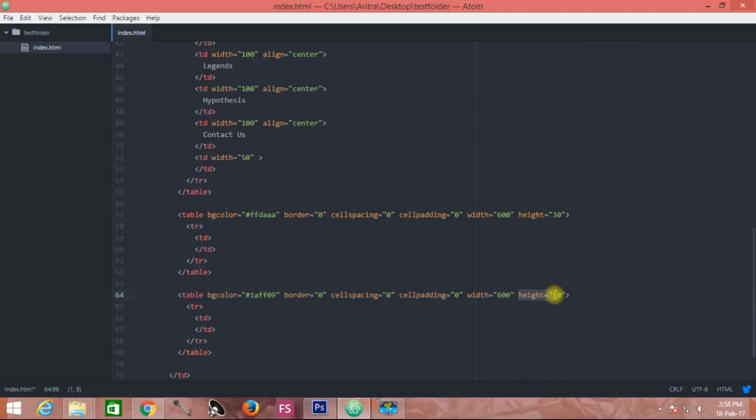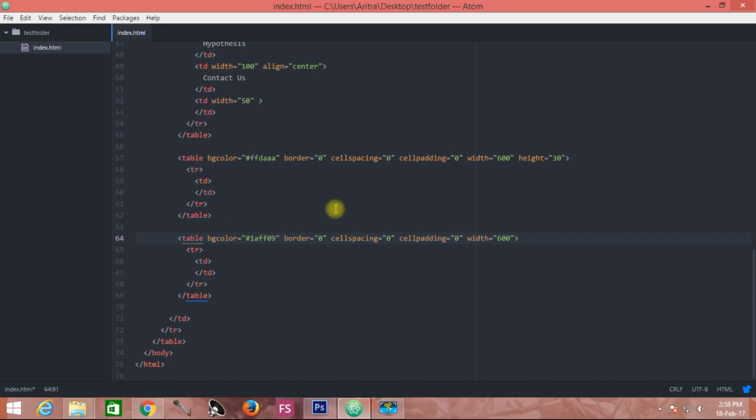Border 0, cell spacing 0, anything, and do not provide any particular height over here. Get back to your contents. Over here, all you need to do is to create a p tag first, as this is a paragraph, as I have told you previously.